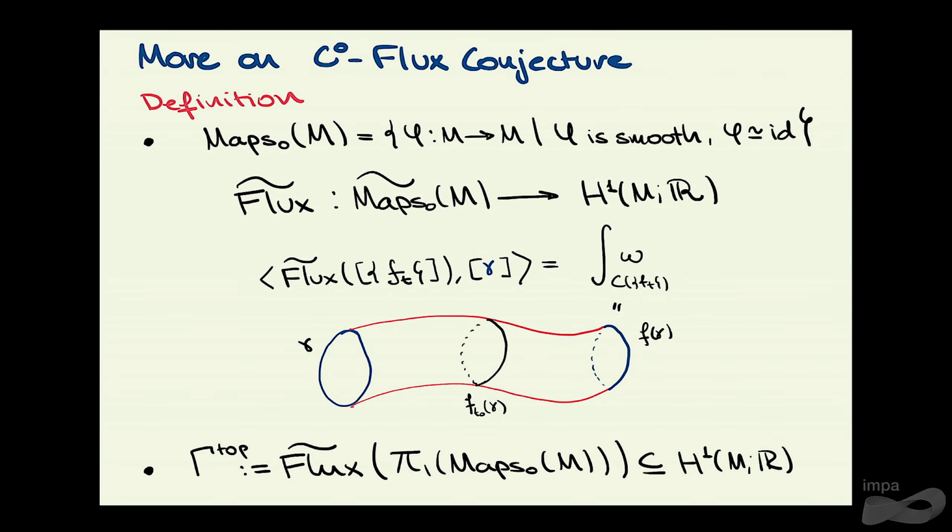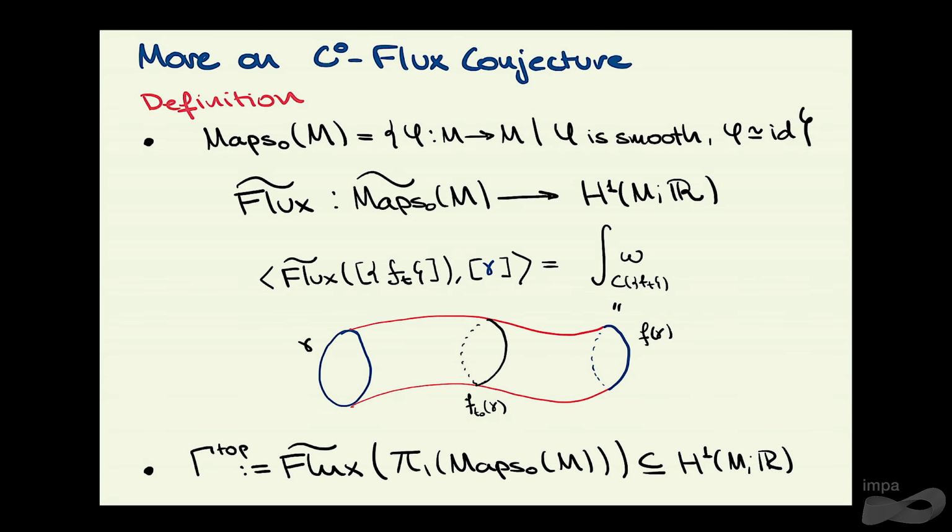One can show that this is well defined, and furthermore, it respects composition in the sense that it sends composition in the universal cover to a sum in H^1. And in fact, when you restrict the flux homomorphism to the universal cover of Simp0, then it's a homomorphism,